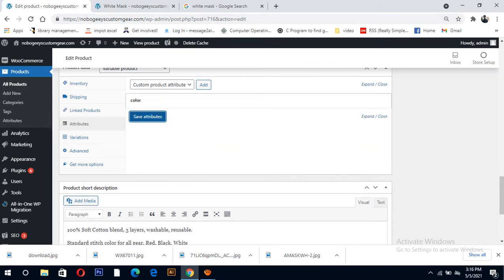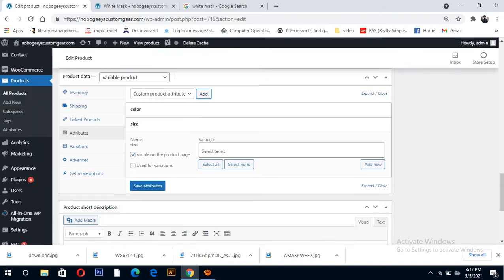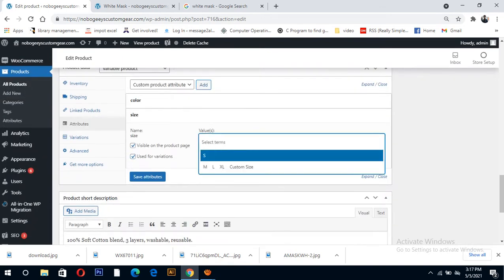Now if you want size, then add size. If these marks have no size, no problem, no need to add size. I can show you just how to add color and size. Then click the size option, then use for variation here.